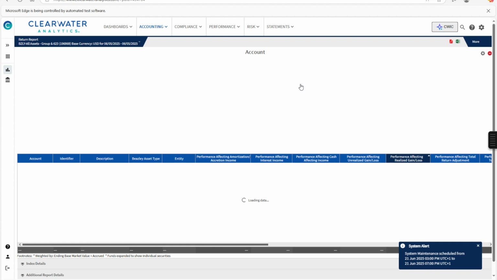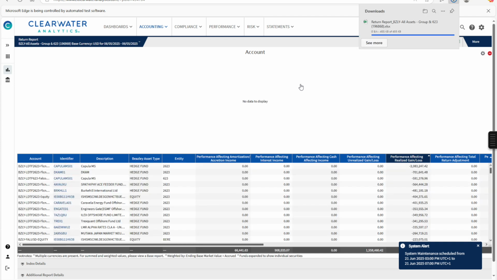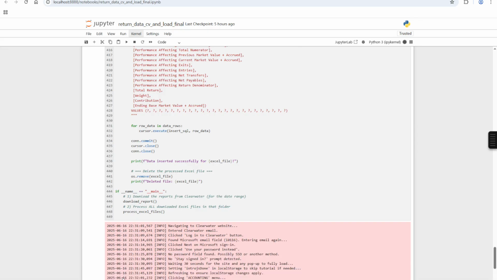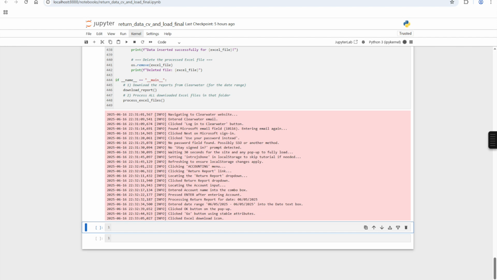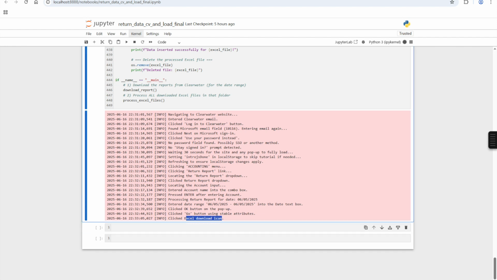I think the lag is coming from the administrator's side rather than my own. Okay, and now it's downloaded the report. So if I go back to my Python script, you can see I've got info messages. This is for my own purposes, just so I know what step the robot's at. As you can see, the last step was that it downloaded the report from the